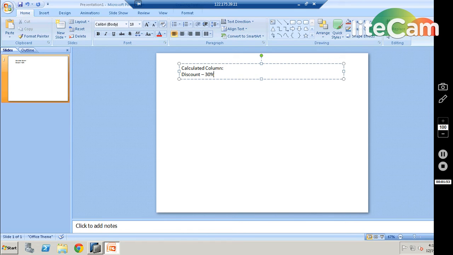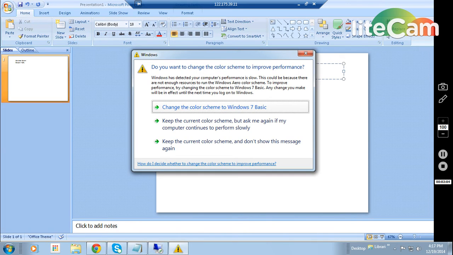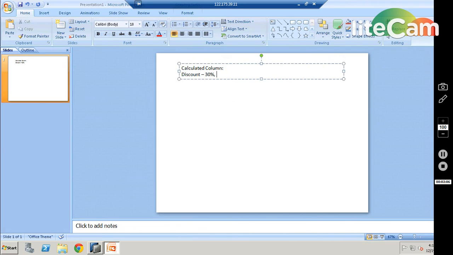If you are giving this discount at various levels, at various points of time, you will be providing the discount in different percentages, right? Sometimes you may be giving 20%, sometimes 30%, sometimes 15% discount.